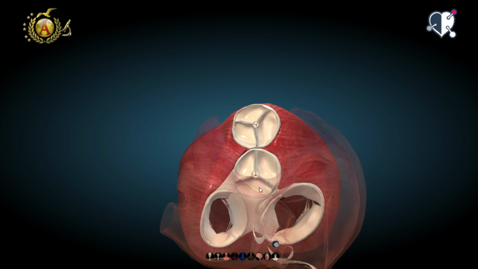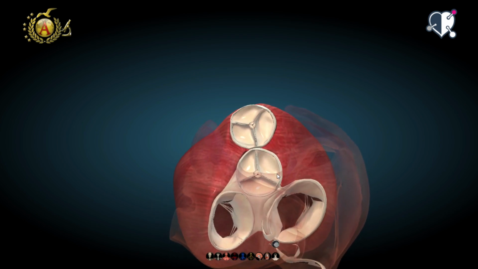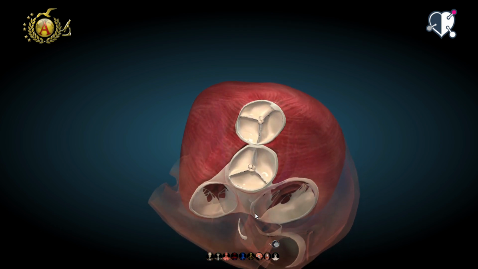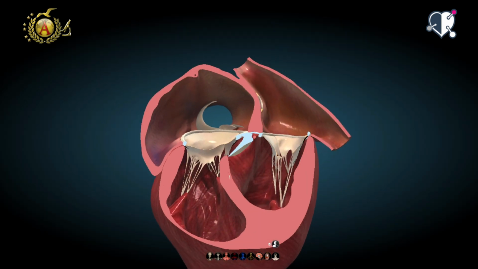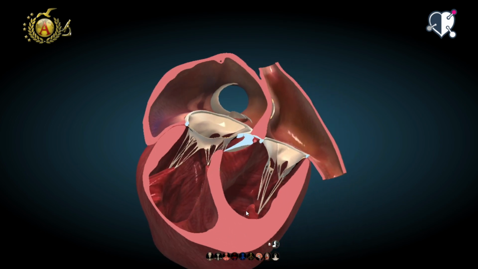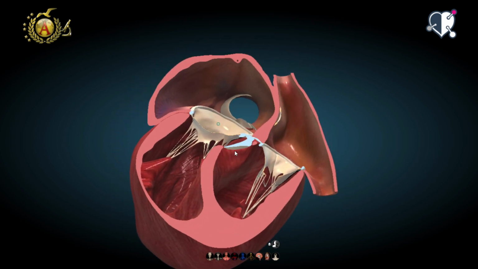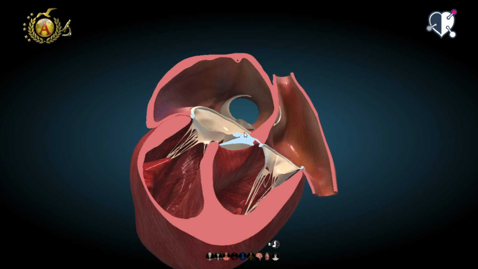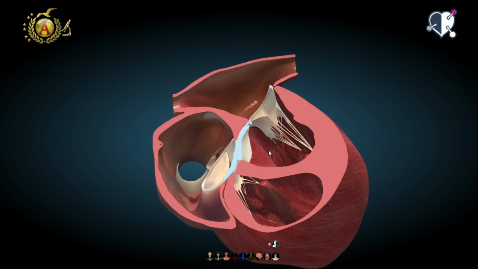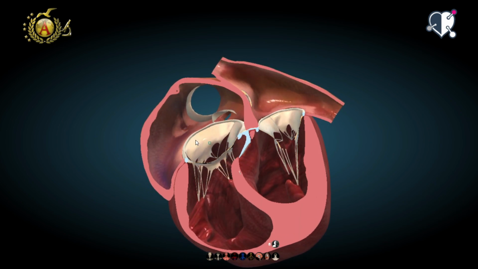Here we can also see a valve made up of three semilunar cusps that are very similar to those seen at the pulmonary trunk and that also present a central bulge of the three cusps that here is called the nodule of Arantius. A last note goes to the interventricular septum, whose muscular and fibrous composition can be easily noticed in this section. The inferior part of the septum is muscular, while the very first part is made up of a fibrous septum that we'll see better in the next video. As can be seen, the fibrous septum is very small, but it is extremely important because it anchors the muscular fibers that make up the muscular septum.